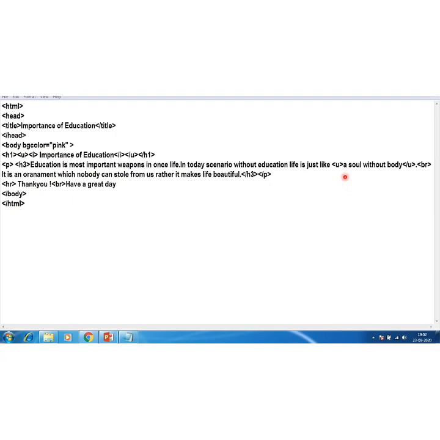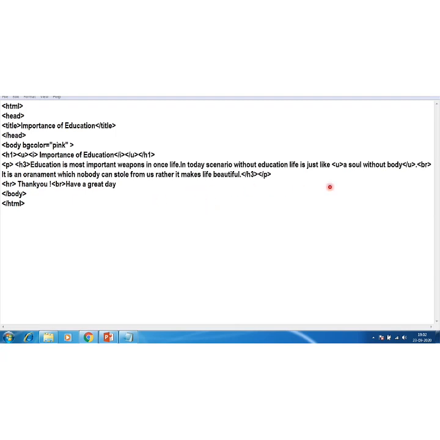And the U tag, see here, in between the paragraph I have used a U tag, because I want this part of my paragraph to be highlighted. As in English, you write a paragraph and the important point you highlight, you remember, sometimes you underline it to highlight the text. That is the way I want to do it technically on my web page.